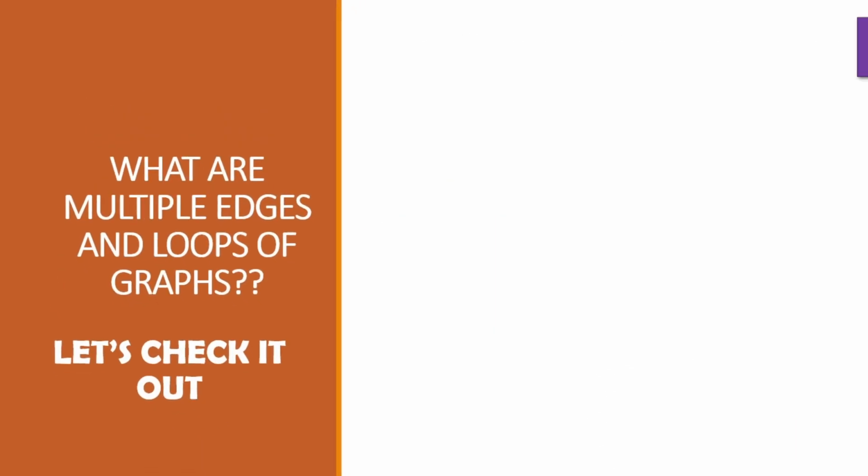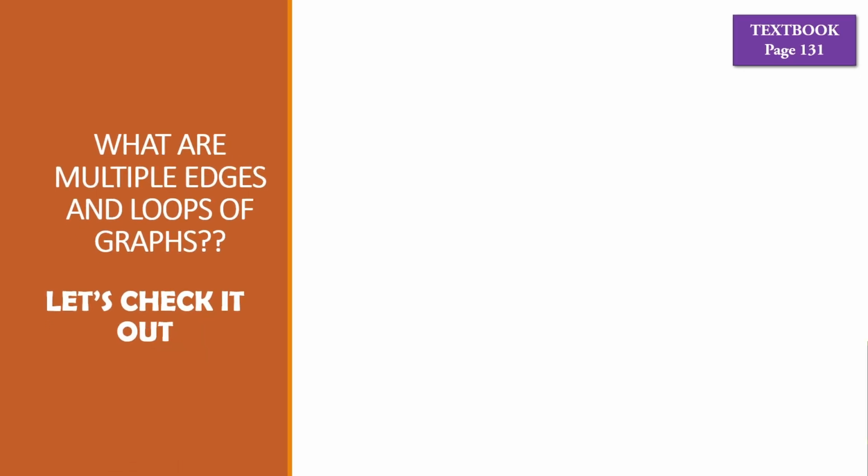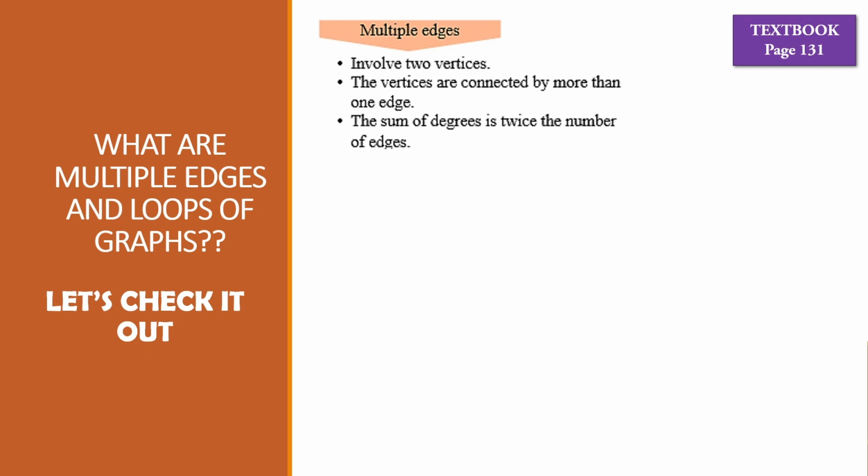Just now in the definition of simple graph, a simple graph means there are no loops and no multiple edges. So what are multiple edges and loops of graphs? Let's check it out. You can see textbook page 131. Multiple edges means the edge involves 2 vertices, and the vertices are connected by more than one edge. So that is what we call multiple